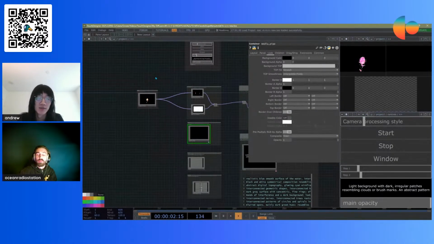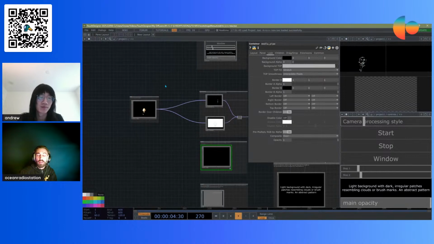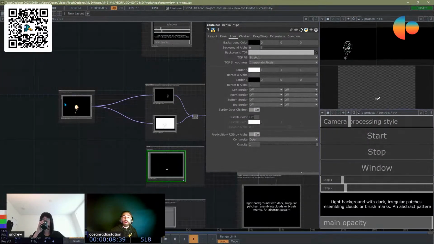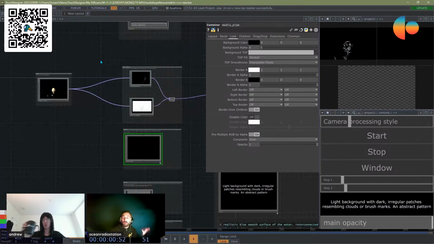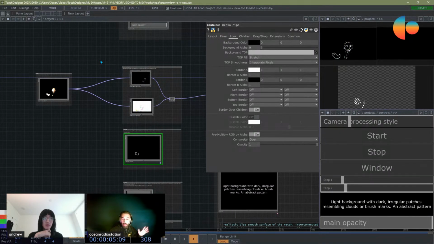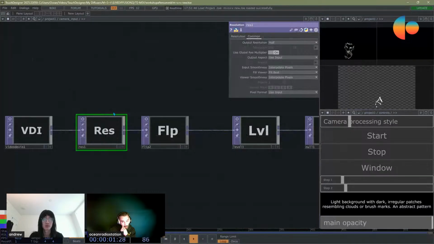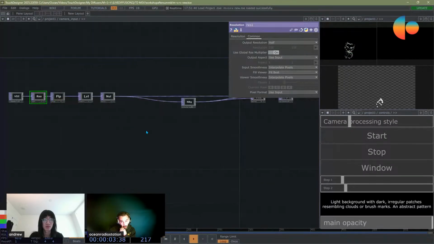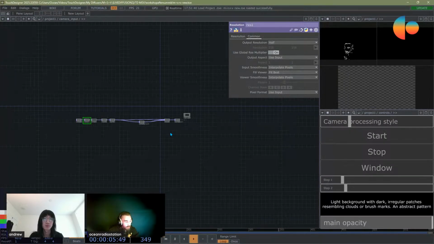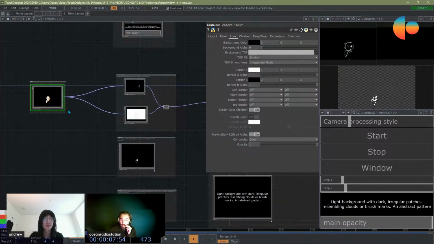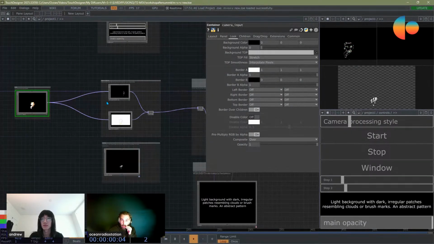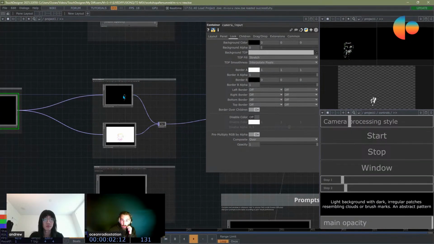Yeah, so it starts with the input. What is the input? The input is the camera and the sounds, and the sounds are coming from Ableton, which I don't launch actually because it's too much for the computer right now. But there's a camera inside, and there is a small network that adjusts the camera, and then the camera is processed through two nodes.